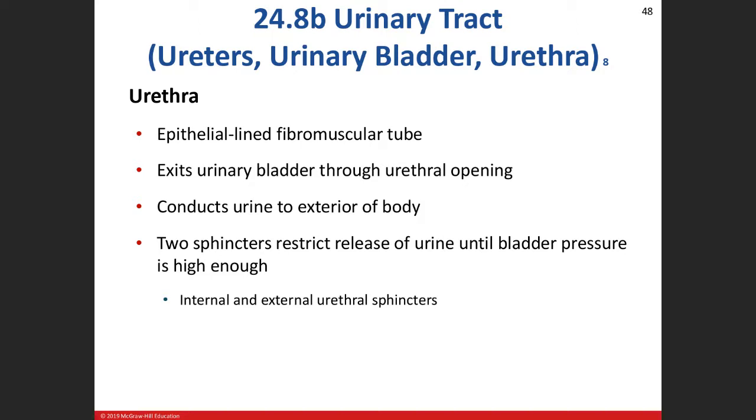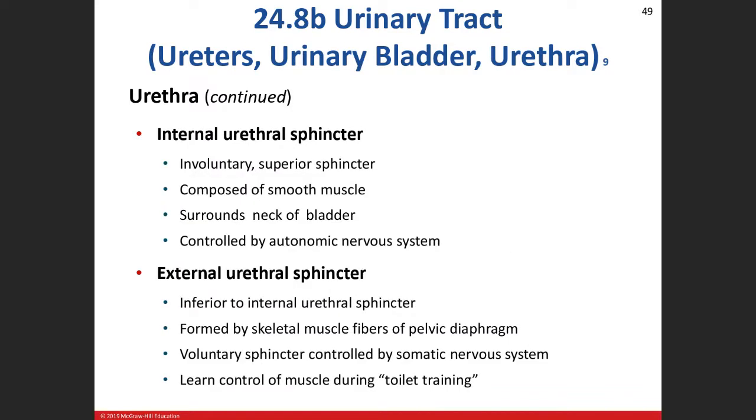But we do have two sphincters here. The internal is smooth muscle, and the external is going to be skeletal muscle. So that's the sphincter that you are going to learn how to control when you are learning to toilet train. So smooth muscle means involuntary, and this is right at the base of the bladder. So the bladder comes down here, the urethra leaves, and it's right here. Autonomic nervous system. Again, that is a spinal reflex, which means that reflex does not make it up to